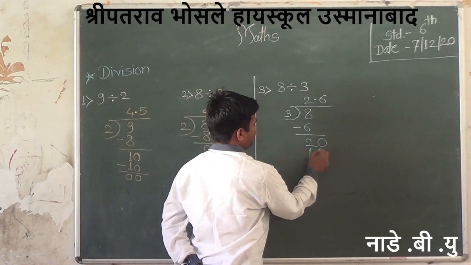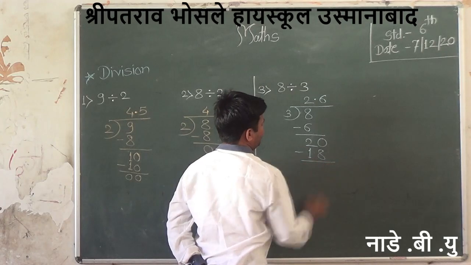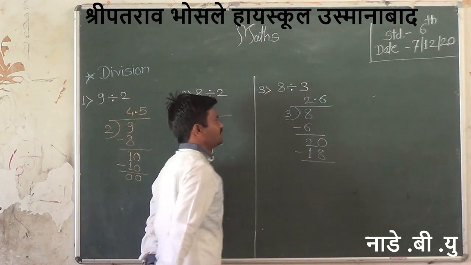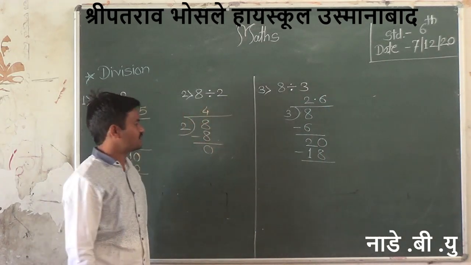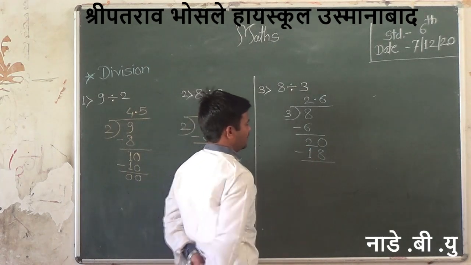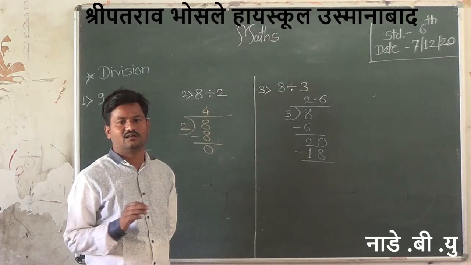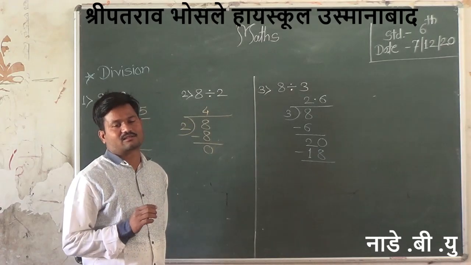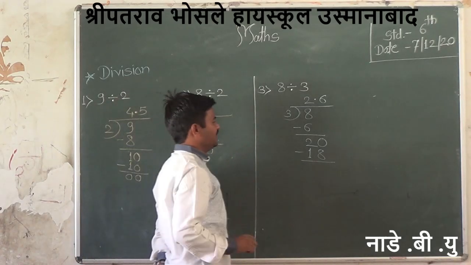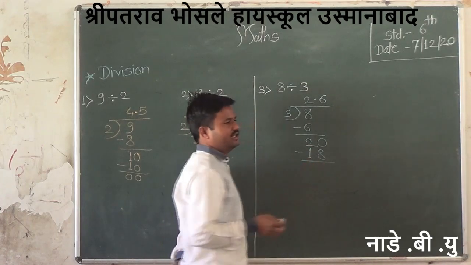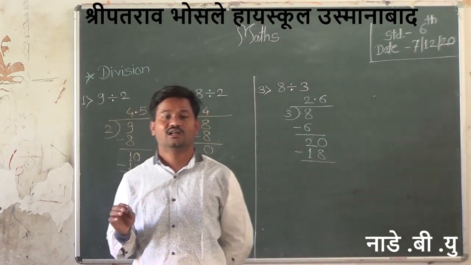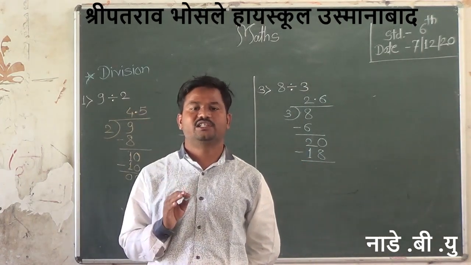18 is in the table of 3 in place of the 6. Hence here 18 is subtracted from 20. Here 18 means the complete parts out of the 20. Means the number 20 shows any objects or things.